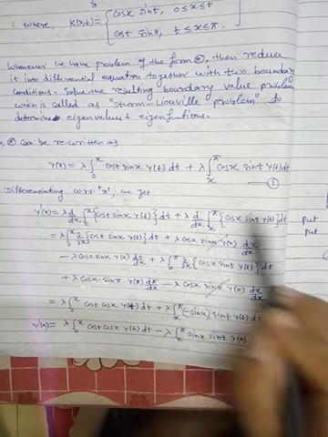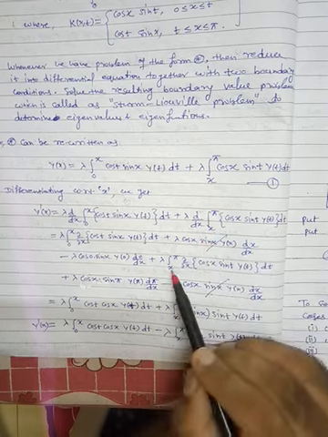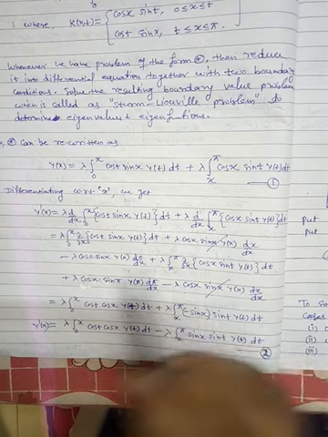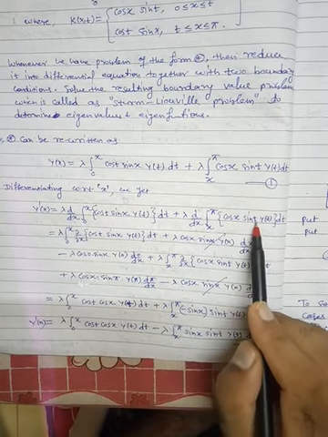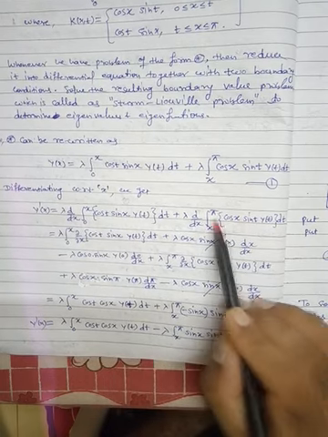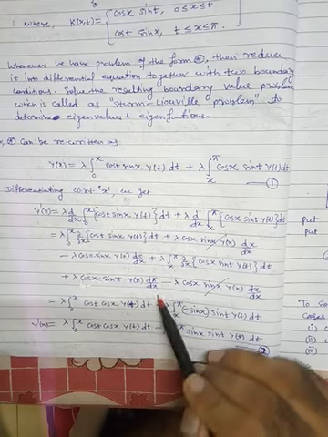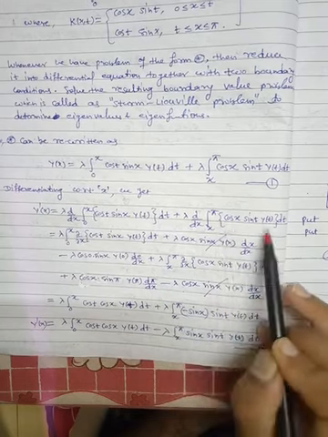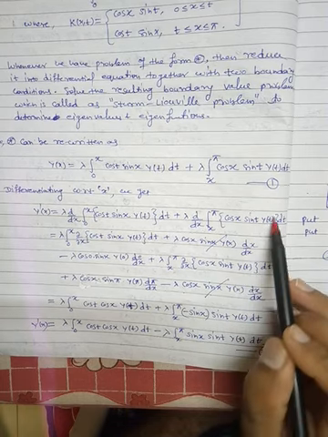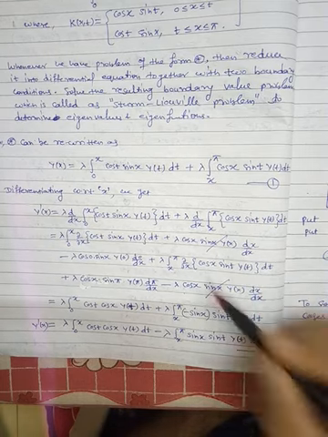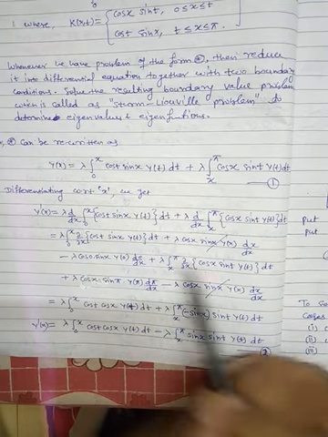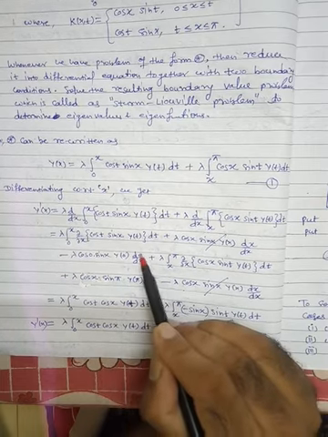Plus, similarly apply the Leibniz rule here. So lambda, integral x to pi, del by del x of this function dt, plus substitute the upper limit here, replacing t by pi. So cos x sin pi y(pi), and then differentiate this upper limit with respect to x, d pi by dx. Minus, now substitute the lower limit here. So lambda cos x, then sin x, then y(x), and dx by dx. Now this term cancels out with this term. Fine. Then this will be 0 because it is a constant.